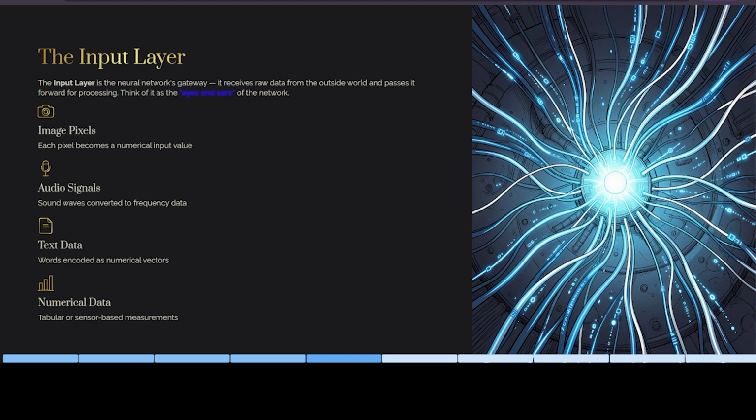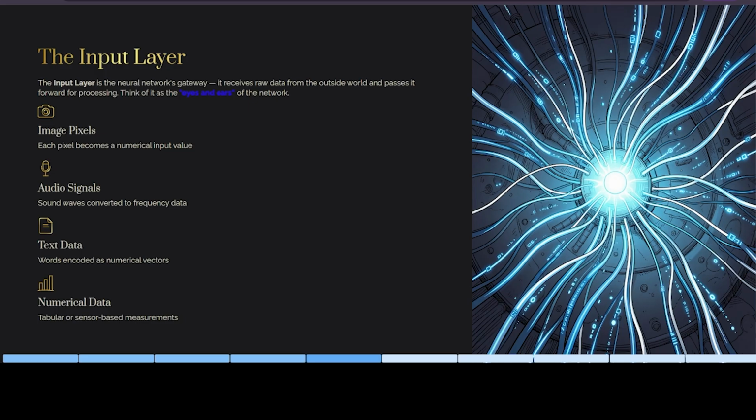It takes image pixels, audio signals, text data, and numerical data, any data, and automatically converts the data into numerical values, 0 to 255. Likewise, it will be changing the values. So that's the work of the input layer.